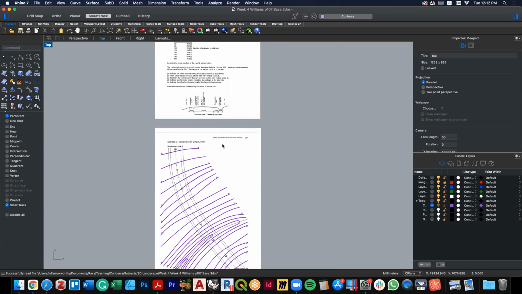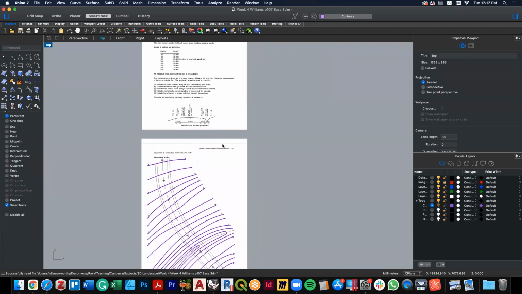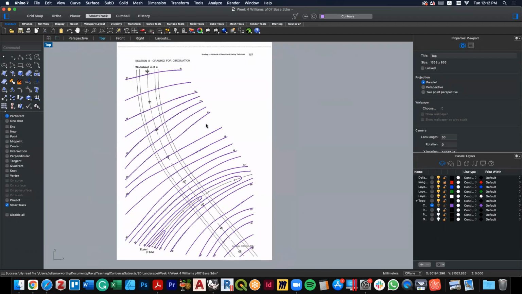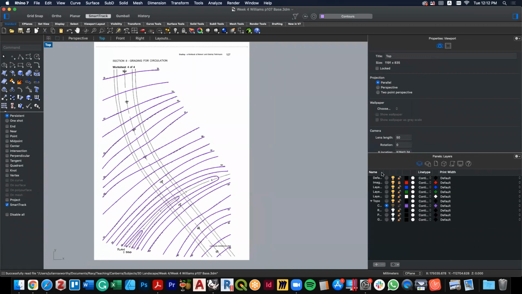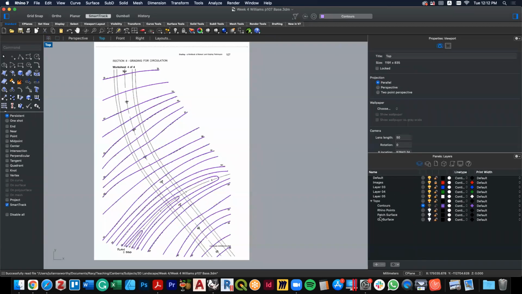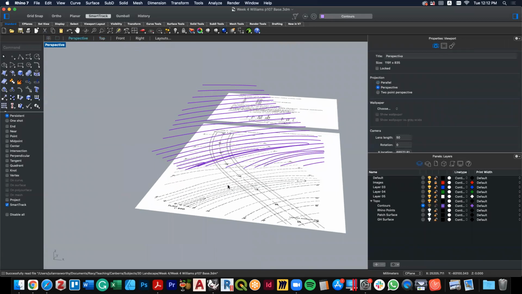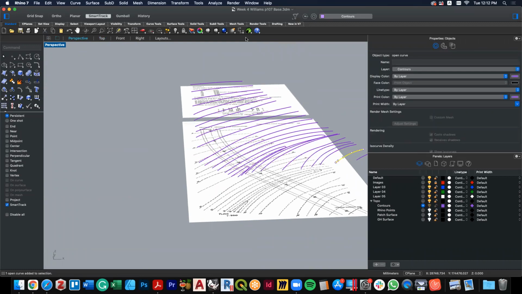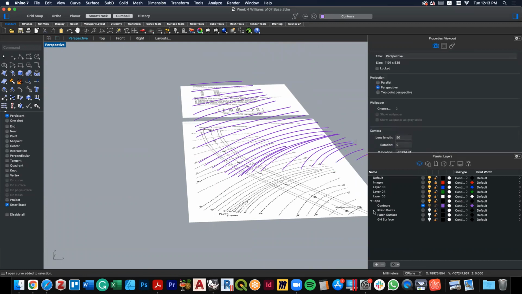For this exercise, I've brought both documents in there and I've rescaled them. I've kept a bit of the worksheet information above and also this below. If we look at my series of layers here, you'll see that I've already created the contours and lifted them to their level using the gumball, which I'm presumably now going to have to turn on. Yep. So using the Z to move them up to their elevation,